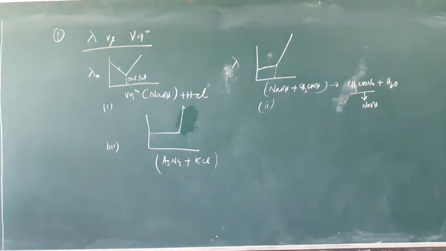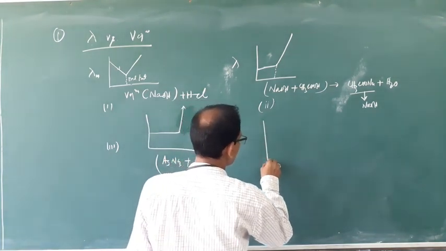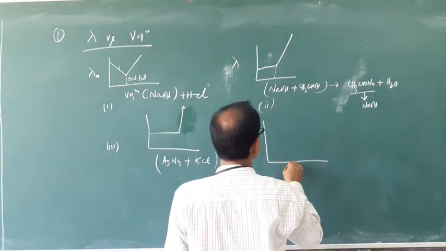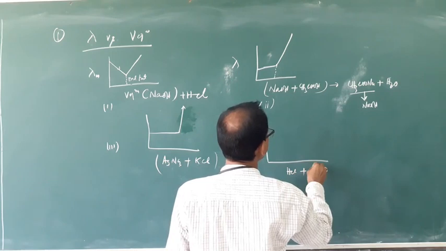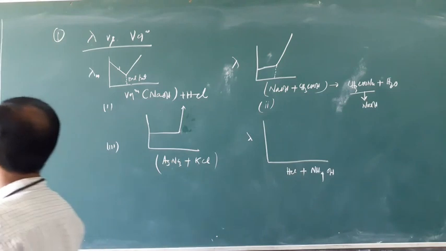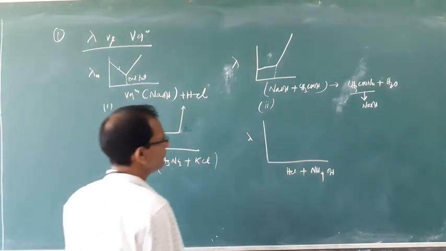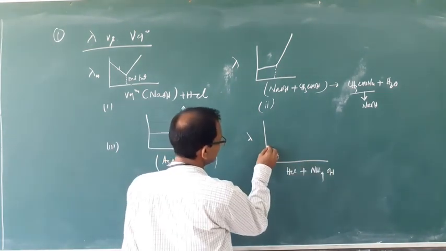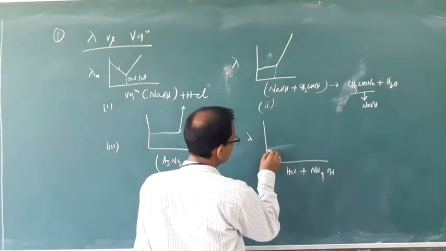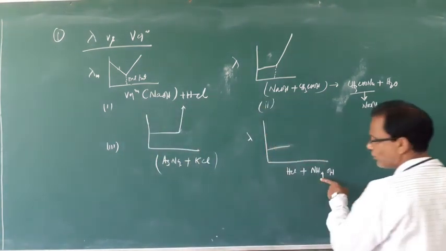But if you take a weak base, the graph will be the same as this. Lambda, take HCl and ammonium hydroxide. If you take HCl and ammonium hydroxide, then the same type of graph. If you take ammonium hydroxide, there will be a very low value of conductance, and the increase is very slight, because it is a weak electrolyte and conductance is very less.